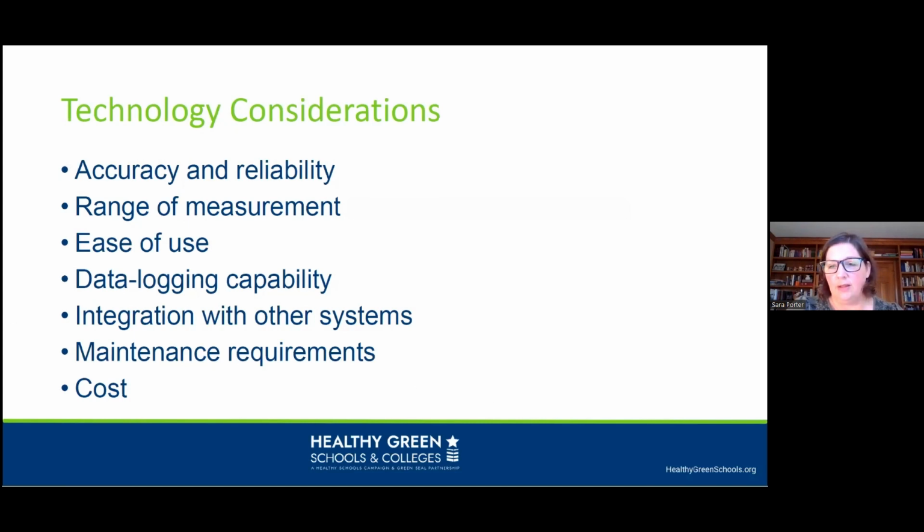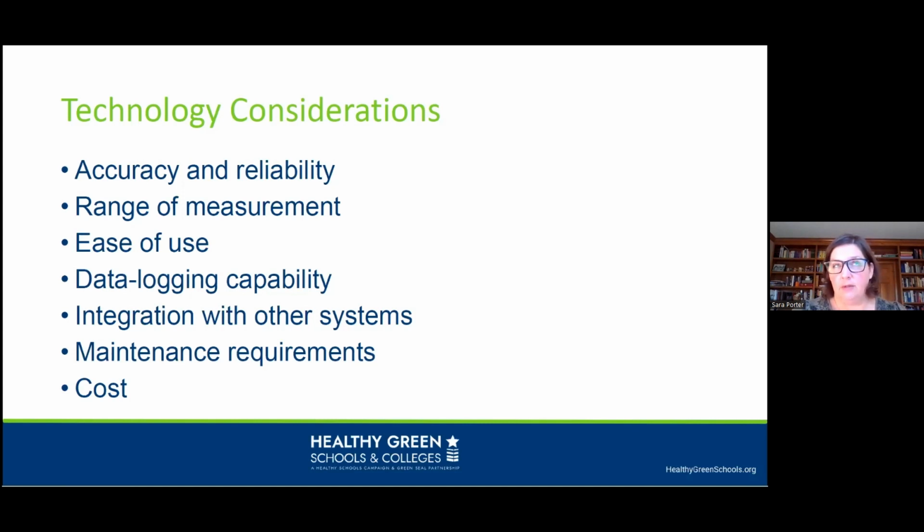If you're going to be using it to monitor the health of your indoor air, right? We want it to be accurate. We want it to be reliable. What does that look like across those different systems and the specific pieces of technology that you're looking at? Range of measurement is important when you're thinking about the space that you have, and